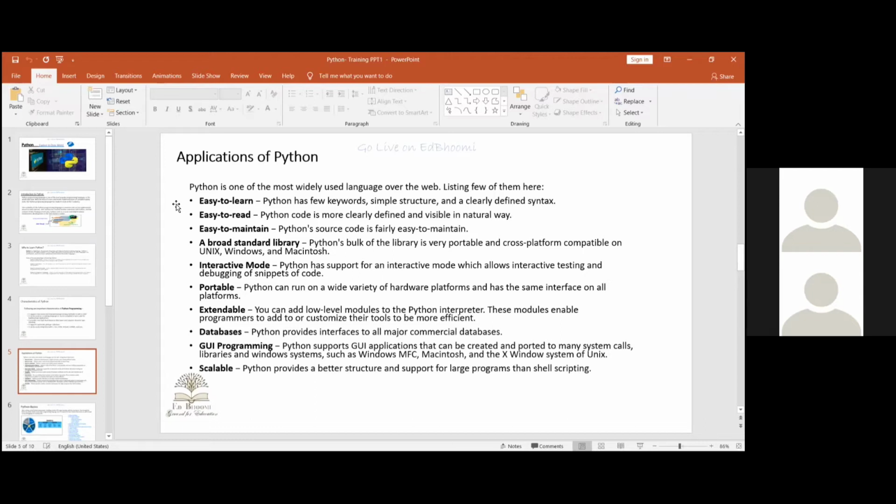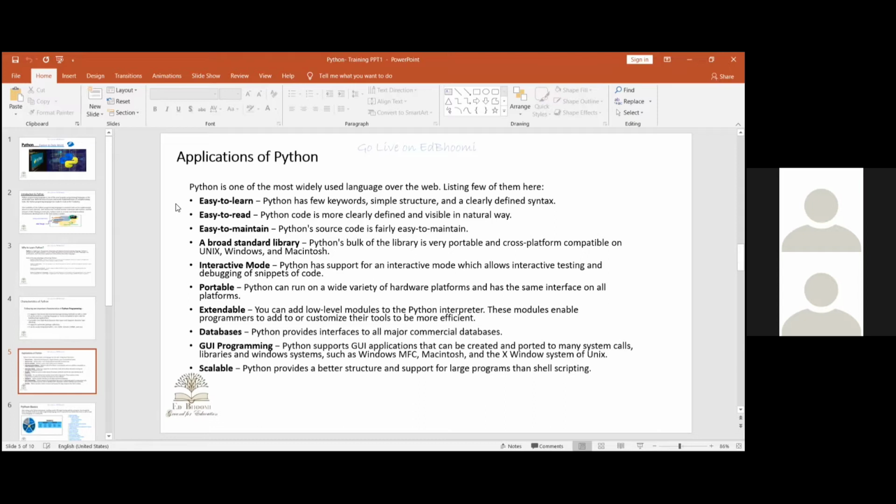It is portable and extendable, and database connectivity is large. I think all possible databases available in the real market today can be easily connected with Python. You just need to provide the connection string and authentication and authorization. GUI programming as well as the scalability of Python is so rich. That's why this is one of the best programming tools all over the globe now. I think you should look at the Gartner chart and check which programming language is leading in which area. This helps you decide on a career in Python as well.